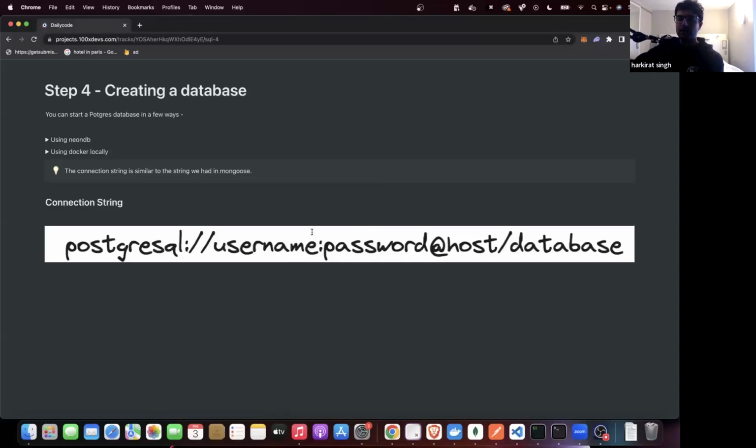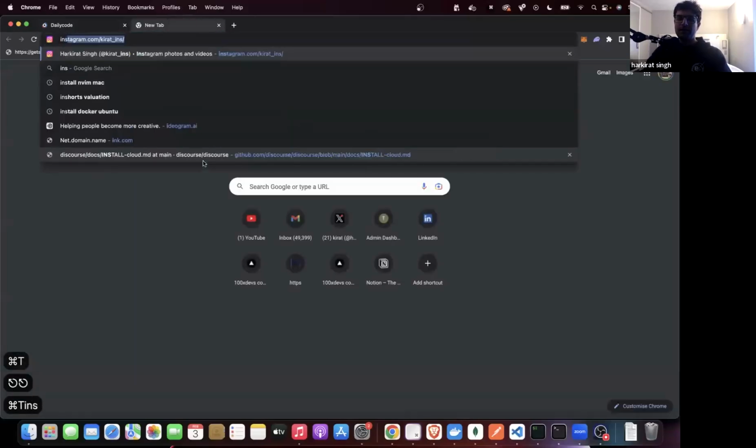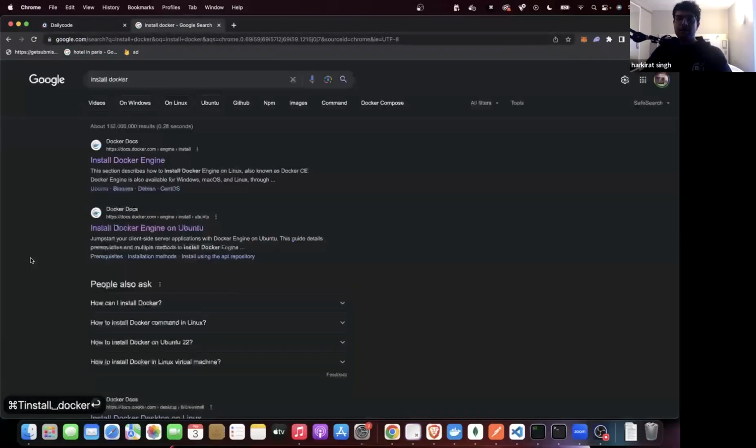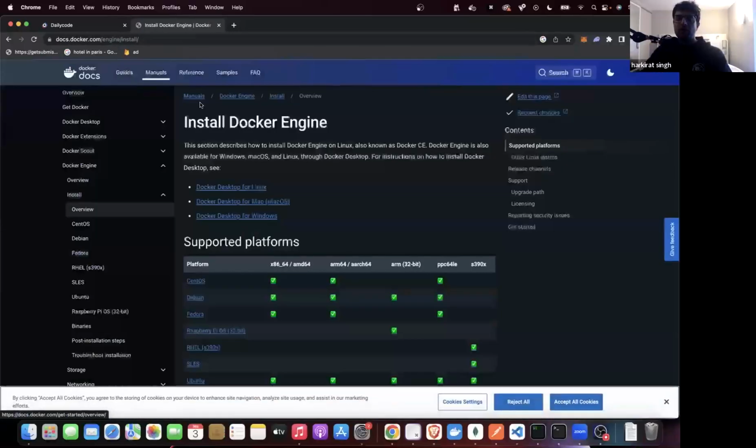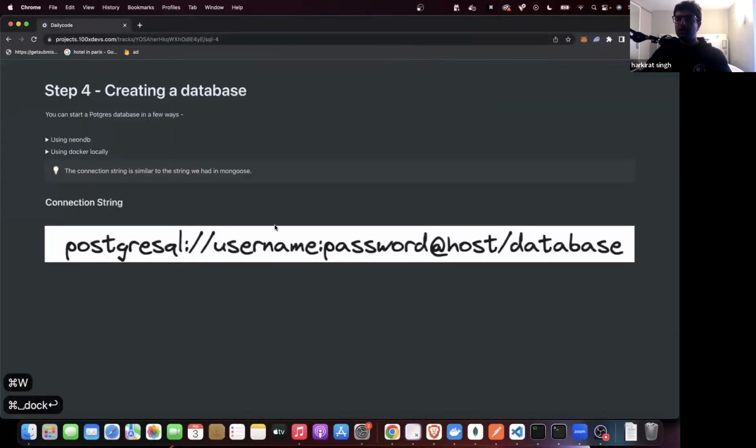Make us install Docker and then that will be good. So installing Docker locally, even though, yeah, you can try that actually, you're not wrong. Go here, install Docker Engine, install for Linux, Mac, Windows. It doesn't take more than 2 minutes to do it. So yeah, do this and then run Docker